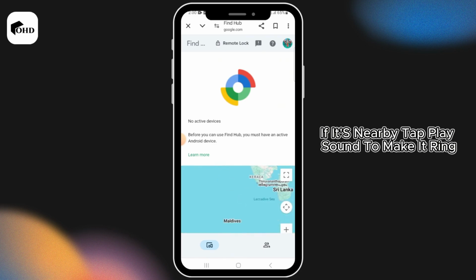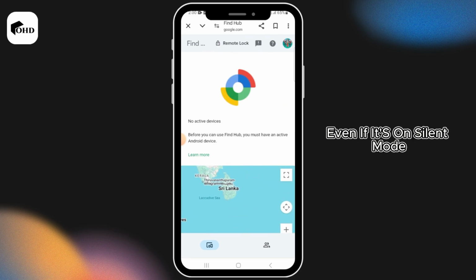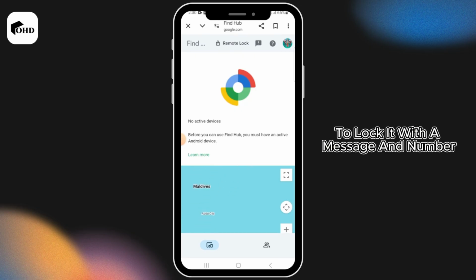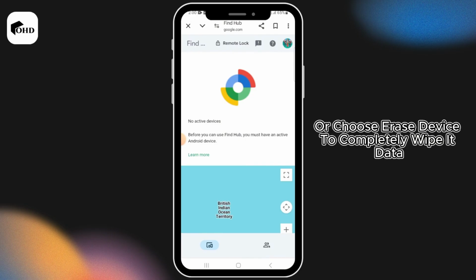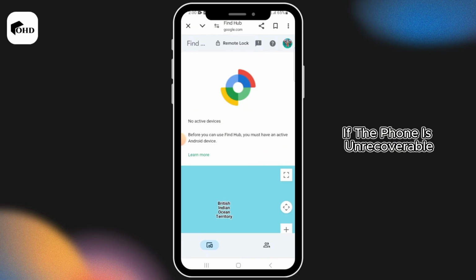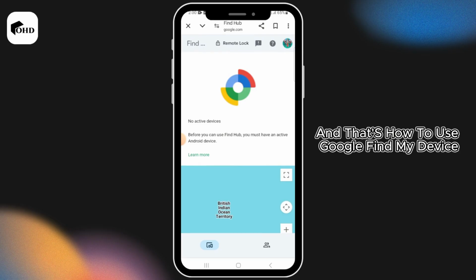If it's nearby, tap play sound to make it ring, even if it's on silent mode. You can also tap secure device to lock it with a message and number, or choose erase device to completely wipe your data if the phone is unrecoverable. And that's how to use Google Find My